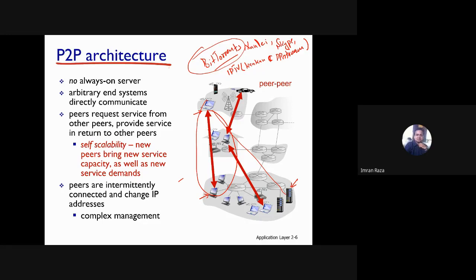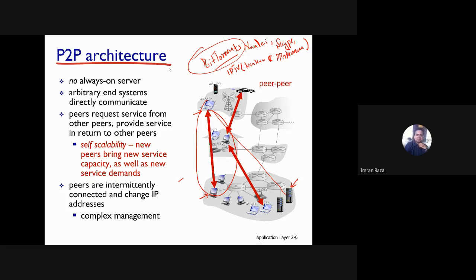Right. You know, these peer-to-peer applications are self-scalable. So remember, we identified the problem with client-server architecture-based applications, that they have a scalability issue, and if more requests are coming in and the users have increased, we have to introduce more virtual servers, more data centers, right?